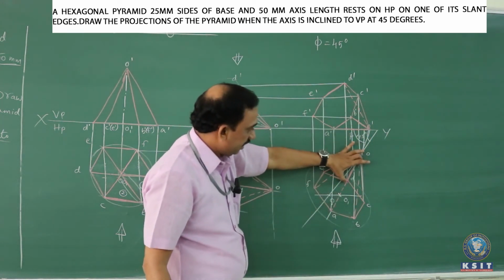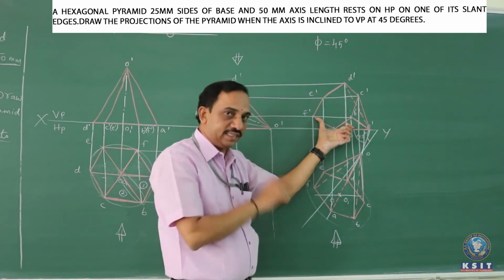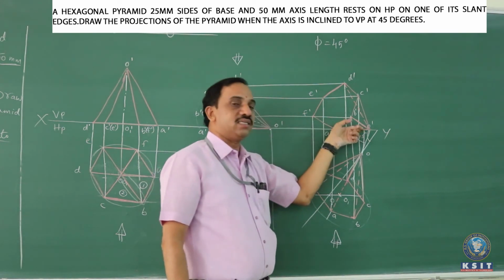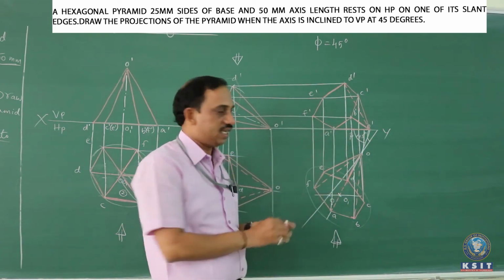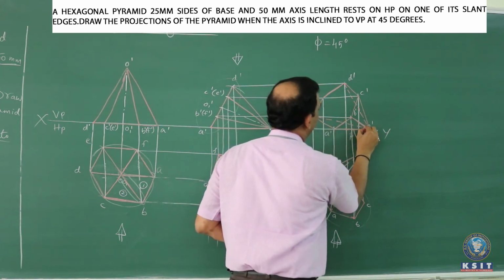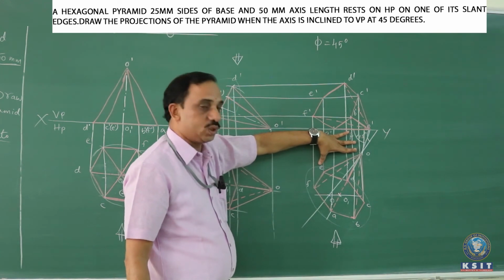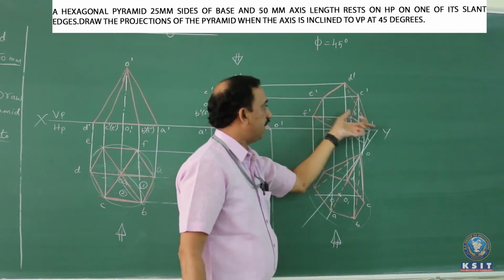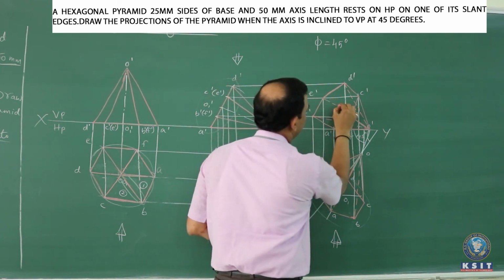Similarly, after the slant edge OD, next slant edge is OF. When you try to place the scale connecting O to F, it enters inside the surface. So obviously it is onto the other side of the observer, which should be invisible. So connect O to F as invisible. After OF, the last slant edge left out is OE. When you try to place the scale connecting to this, it enters inside the surface. So obviously this also should be invisible.